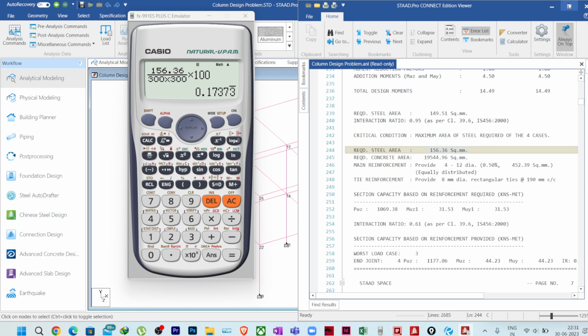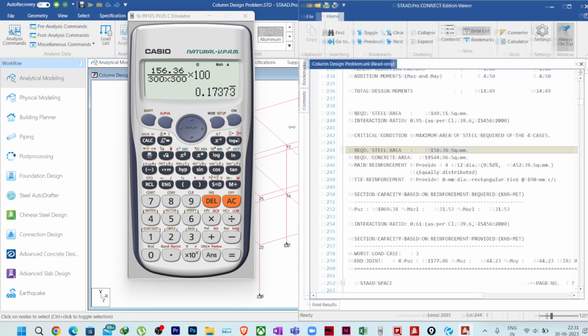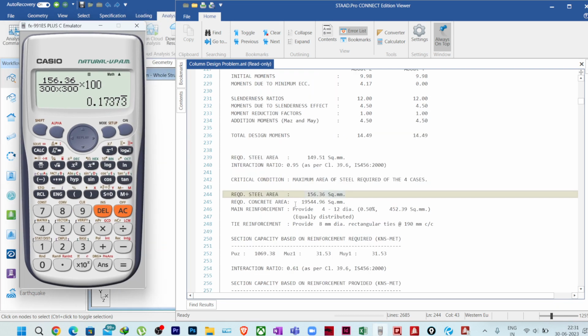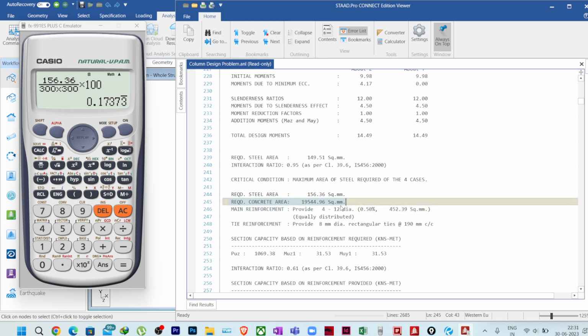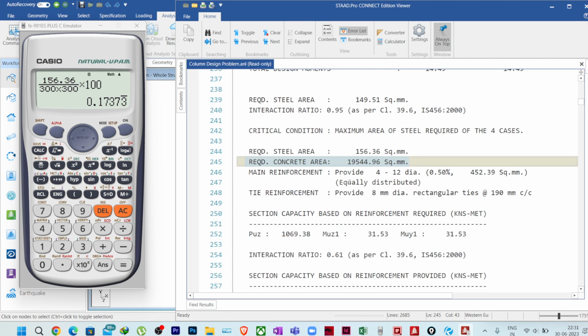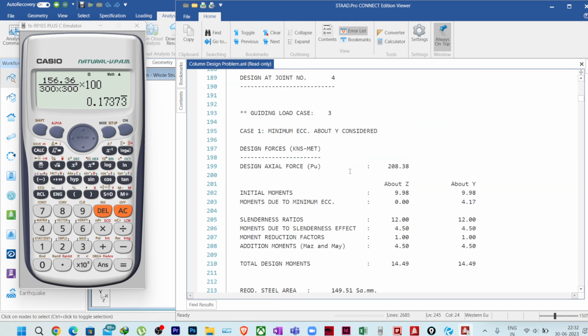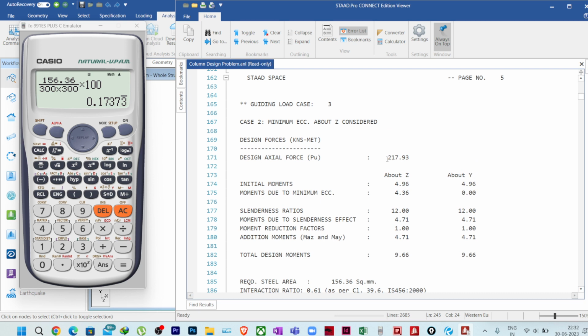So if I again see this particular thing, let me just keep the calculator here. You can see there is one more thing written, which is the required concrete area. We have already given concrete area 300 by 300. Why is STAAD calculating this required concrete area? As the code says in 26.5.1 point B, the required concrete area will be the required area for resisting direct stress. So we have already seen the maximum axial load PU on this column,